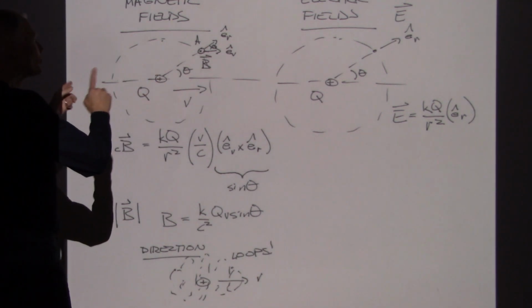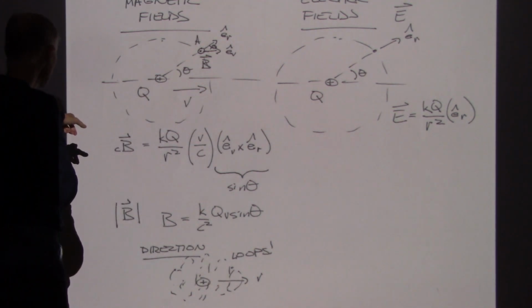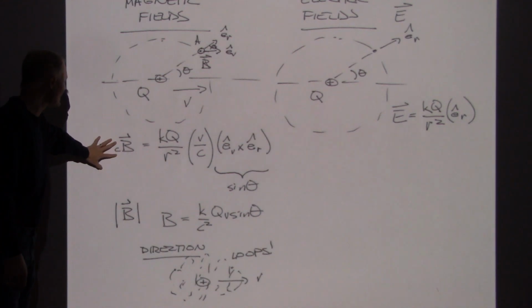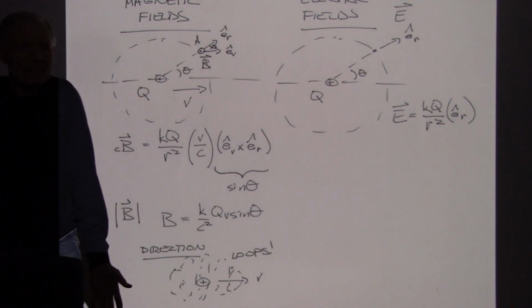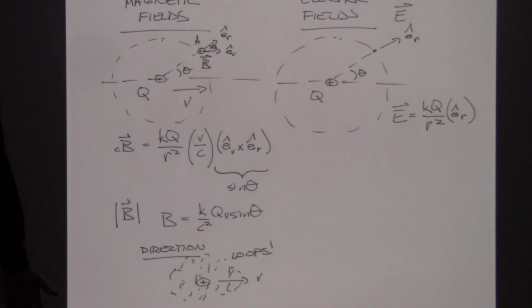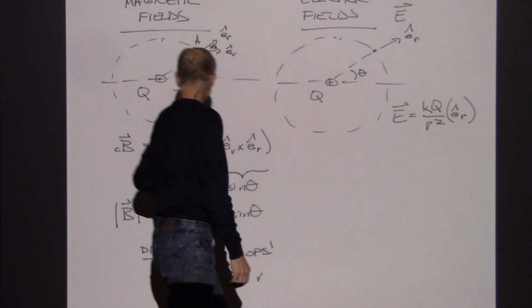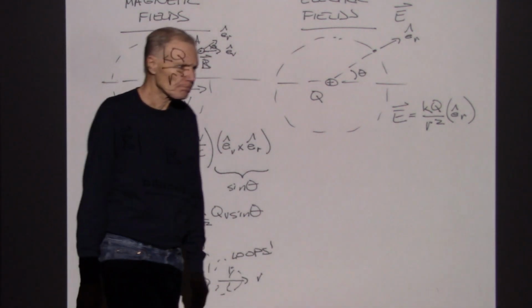If I want to do a direct one-to-one comparison between electric fields and magnetic fields, I just have to add a factor of c, which is the speed of light, 300 million meters per second. Now, what is the speed of light doing in formulas related to electric fields and magnetic fields? And what we find is the